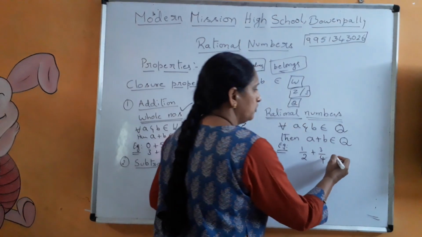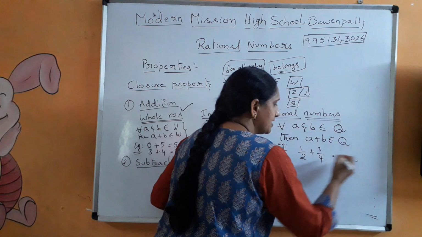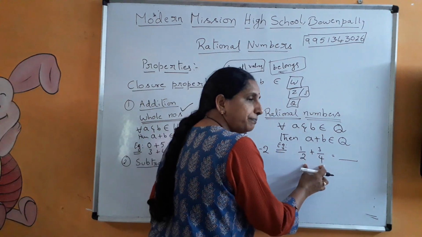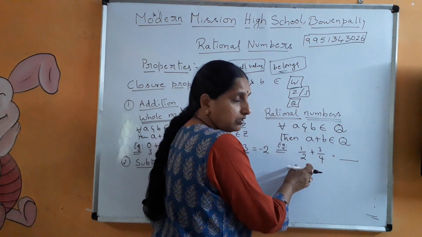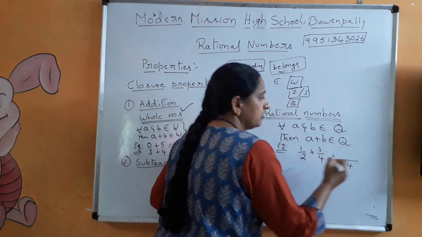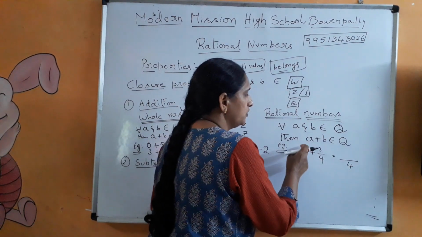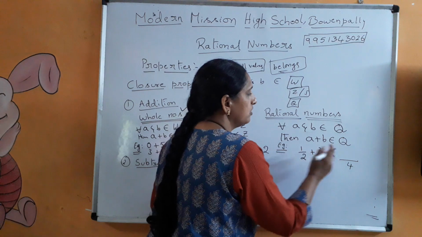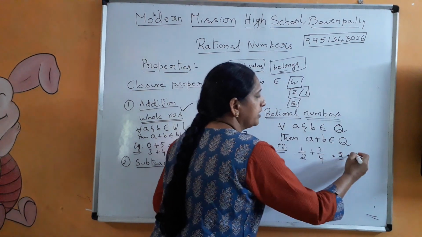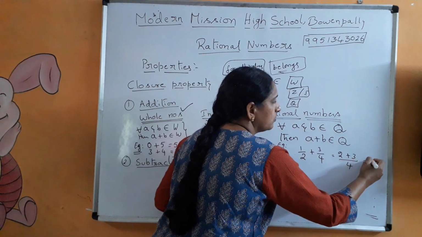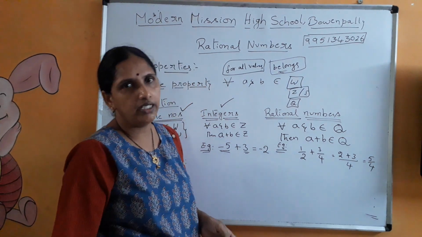How to add? You all know very well, there are two different denominators, so you need to take the LCM. When two numbers are given where one is a multiple of the other, no need to find the LCM separately. The larger number itself is the LCM. So this is 2, you can multiply and divide with 2 here. So 2 into 1 is 2, plus 3 into 1 is 3. So that is equal to 5 by 4.